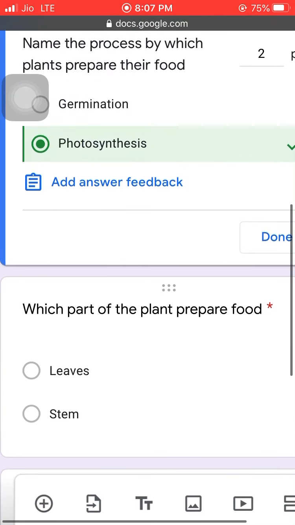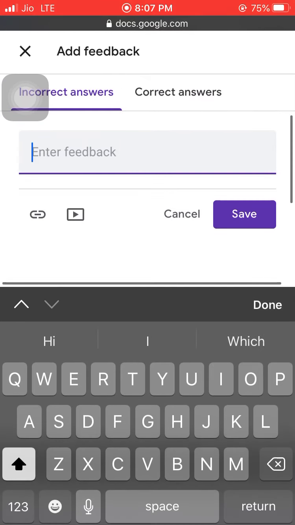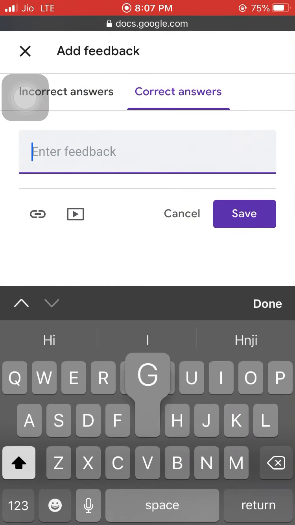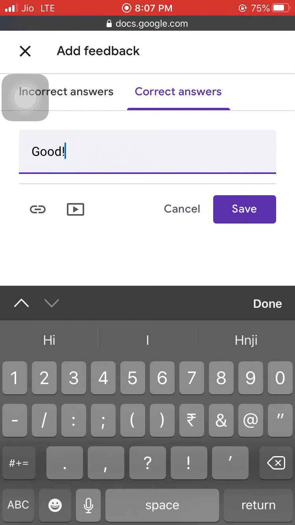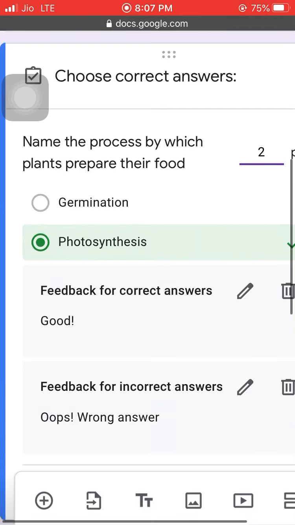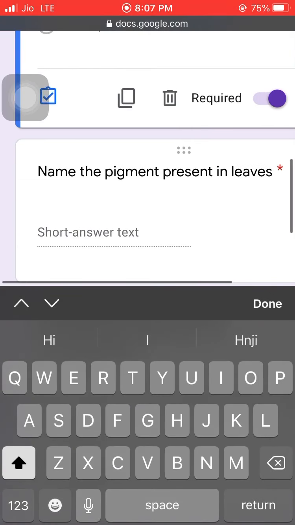Now if you want to give any feedback for an incorrect answer, we can write, oops, wrong answer, and for a correct answer, good. So this will come as the feedback. I will save this. Now for the second question, again I will click